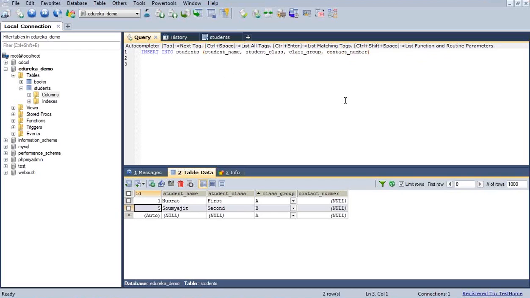Now I will do values, then I will take values like this. This is simply to make it more readable. You can write this query on a single line as well. So here I will take student name like Amit, and classes we can have like 5th class,